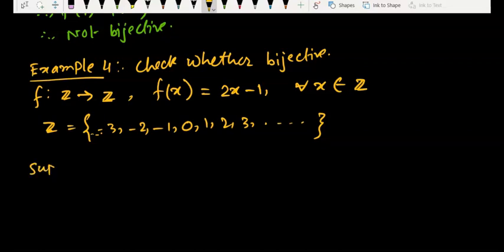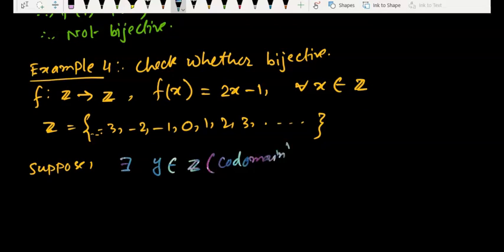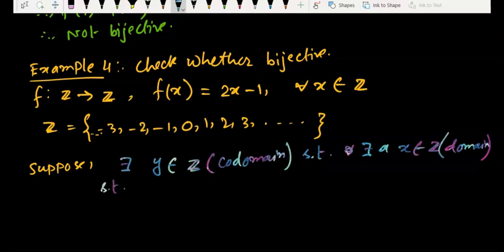So suppose there exists y belongs to Z, here Z is codomain, such that for y there exists an x belongs to Z, this Z is domain, such that y equal to f(x).